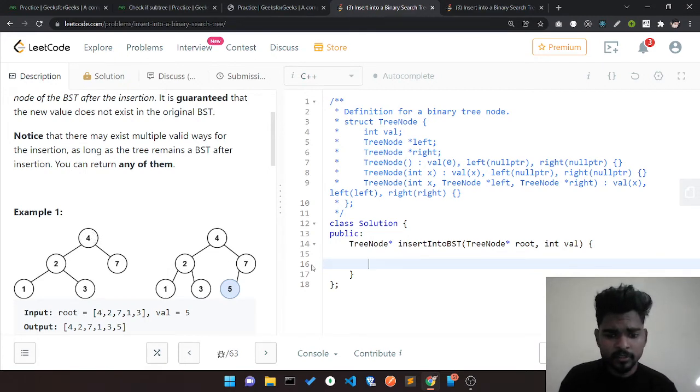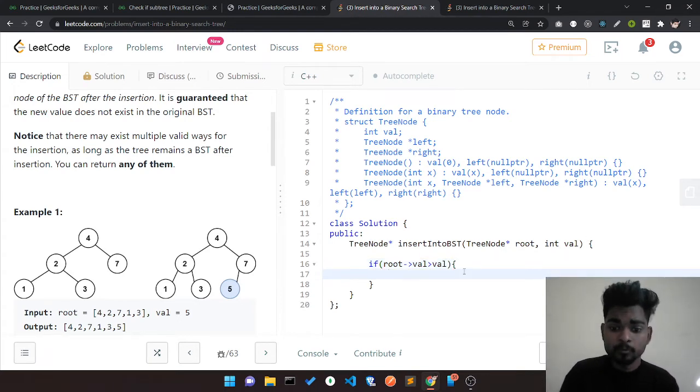Is it greater or not? If my root val is greater than this val, it means this part is the one where I have to insert.